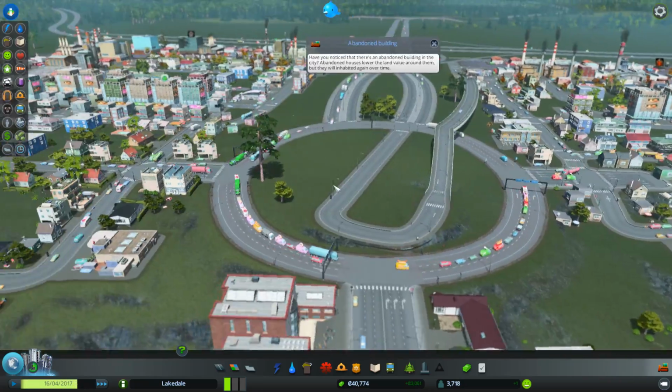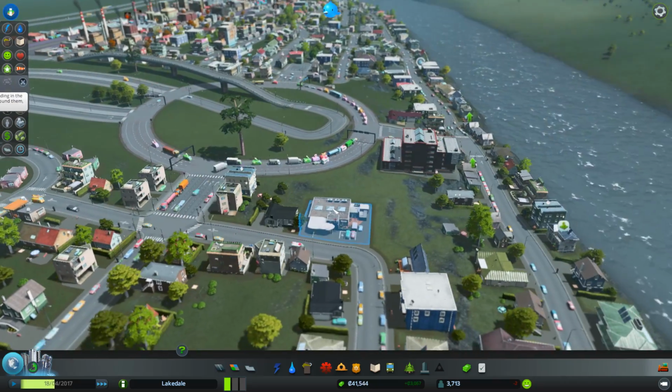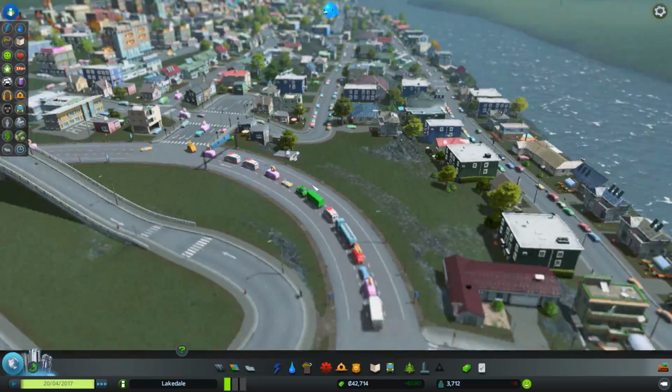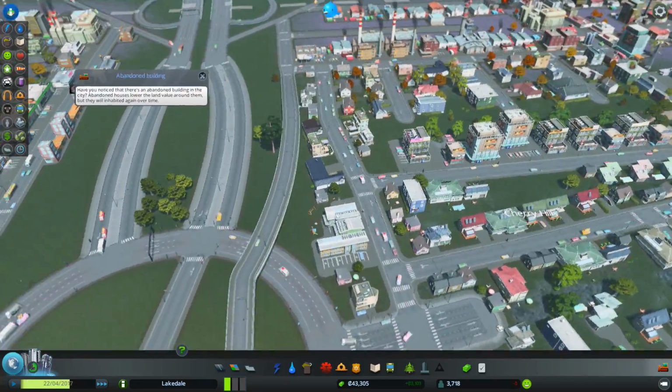So with that said, I might have to make these junctions, say, a bit bigger, or I might have to do something to make a bit more of a direct route, maybe coming from here to right over here, or something along the lines of that. Either way, I think